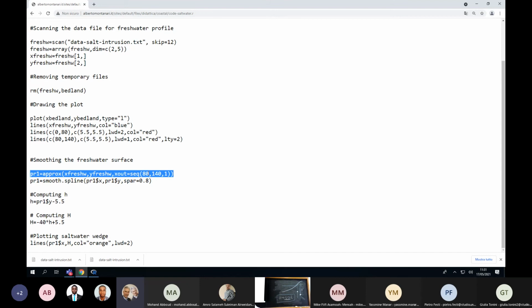So what I inputted into R is a profile that has a low resolution. I want to increase its resolution, and the increase is done through this instruction, which does a linear interpolation of coordinates. And then with the second instruction, I am smoothing the surface. So basically, what I get up to here is, just 1 second,